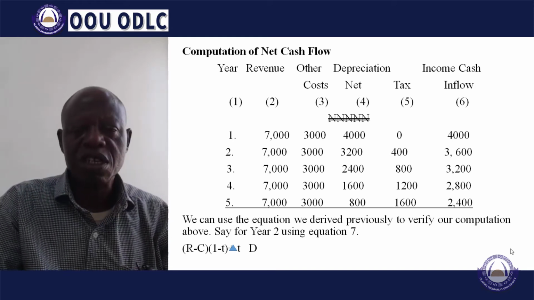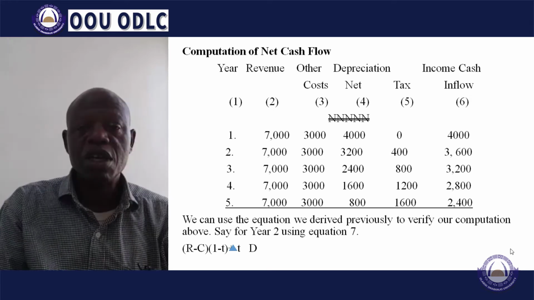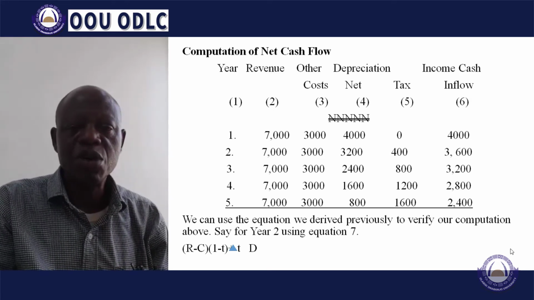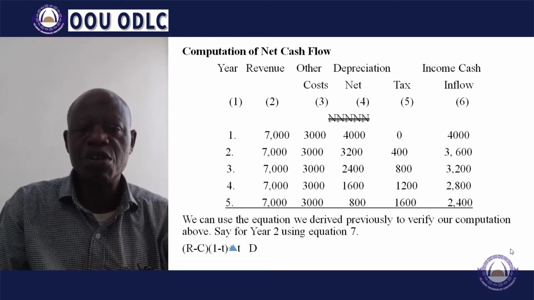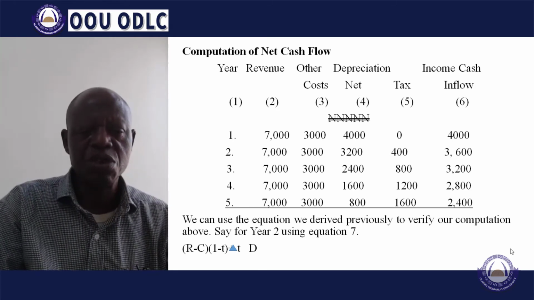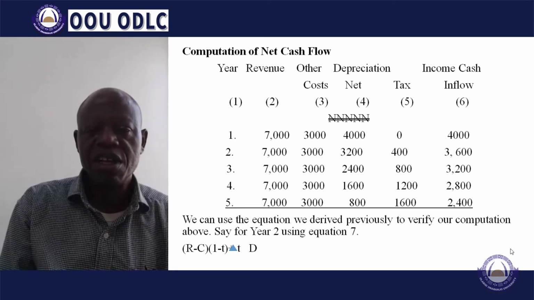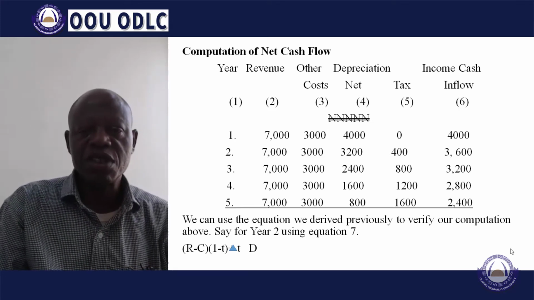I will not go into the details of the computation of the depreciation that we do in elementary accounting. If you use this method, the sum of the year digits, you find that we get a depreciation of 4,000 naira. But however, you see, the depreciation is 4,000,